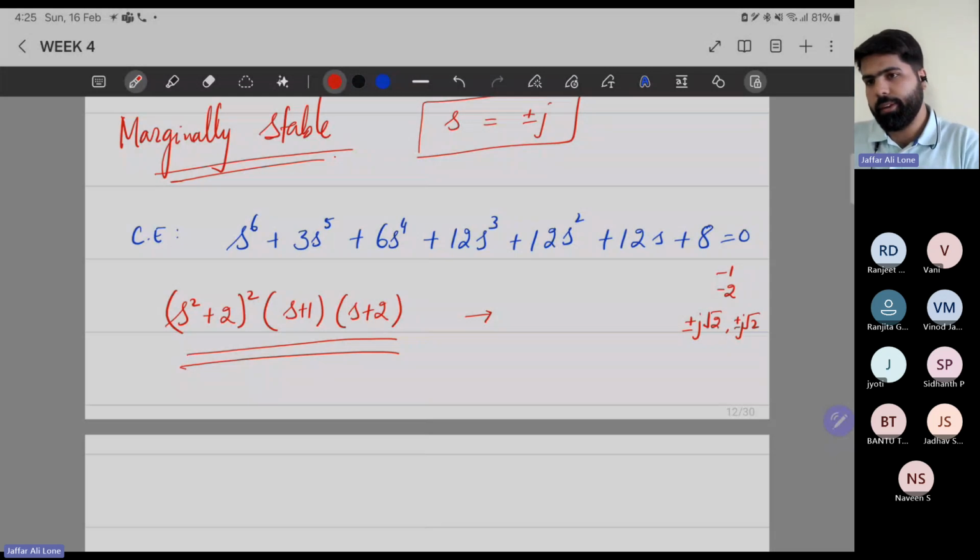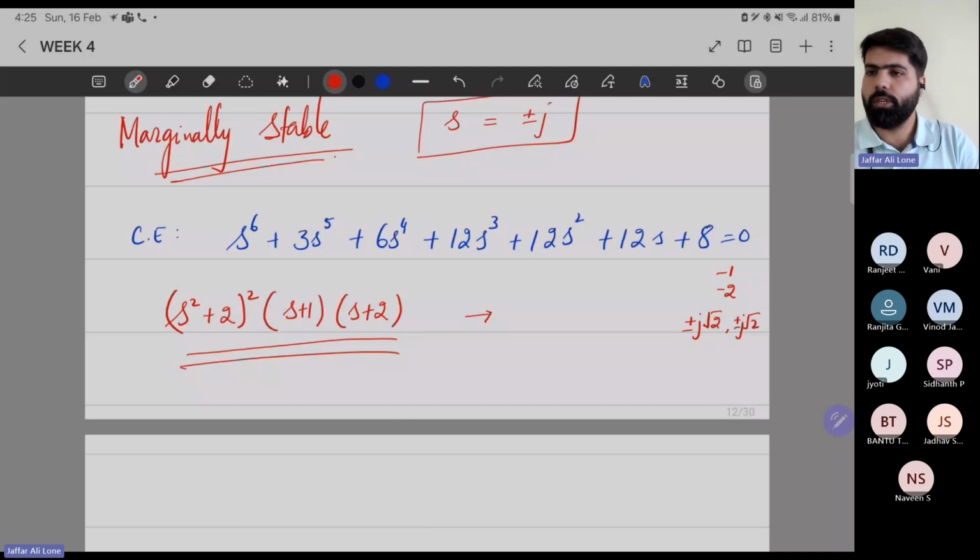So what does it mean? It means I have repeated roots. It means my system is marginally stable. So you know this information now. For the time being, you know your system is unstable, not marginally stable. So you know this information that your system is unstable, but now prove it using Routh-Hurwitz criteria, because you will